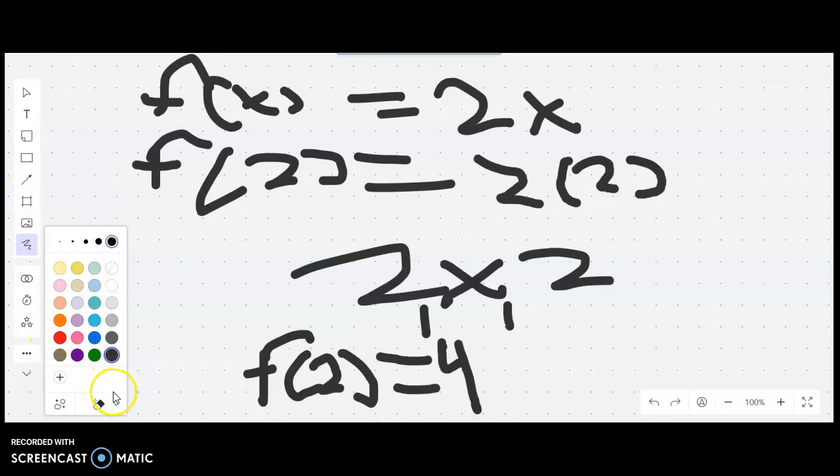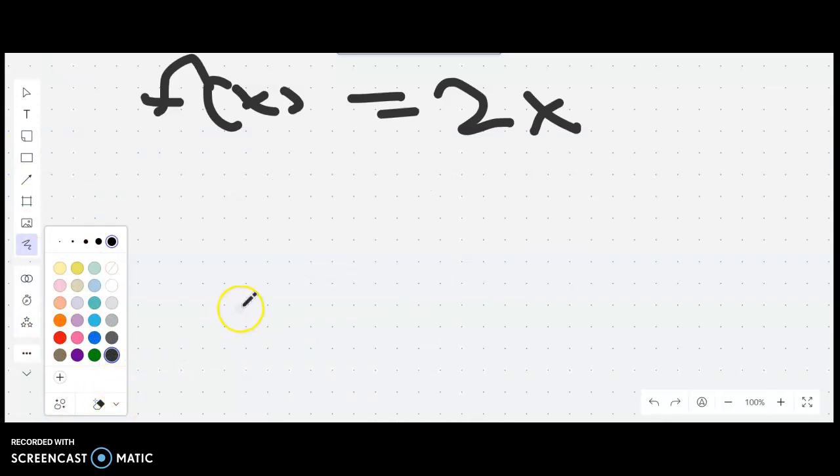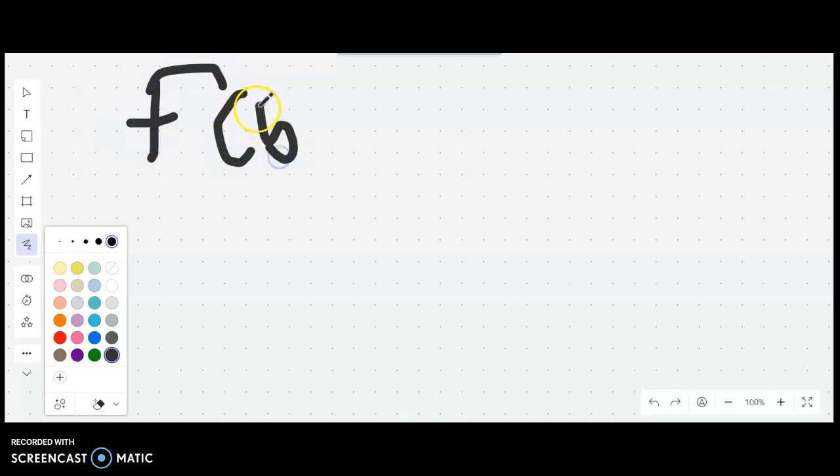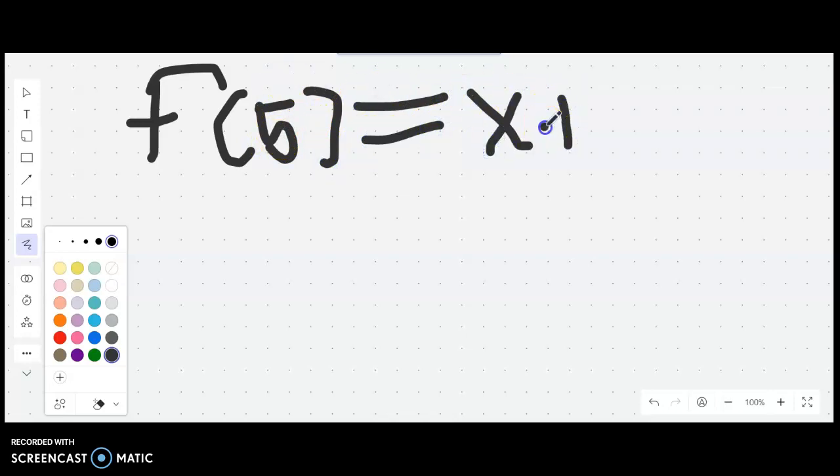Alright, now if I can get rid of all of this work. There we go. We can also try another problem here as well. To build off of this, what if we include other types of numbers into this problem as well? So if we have f of 5 here, and we have x plus 3,